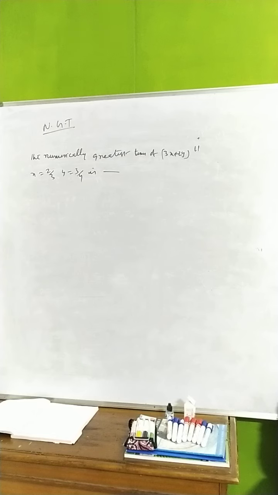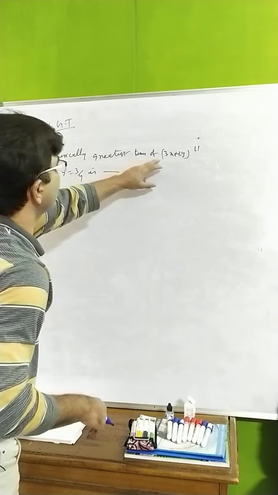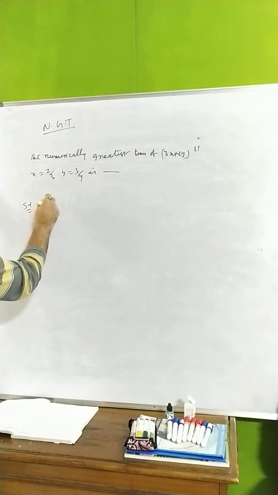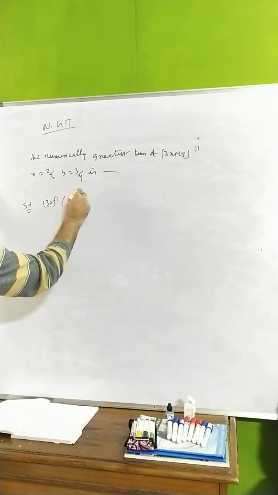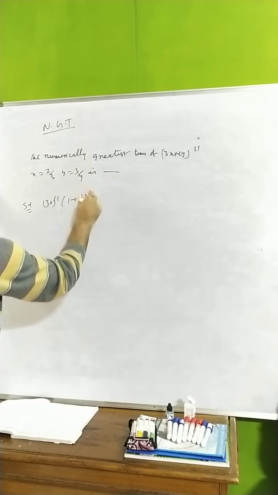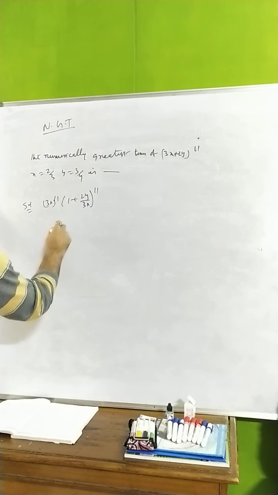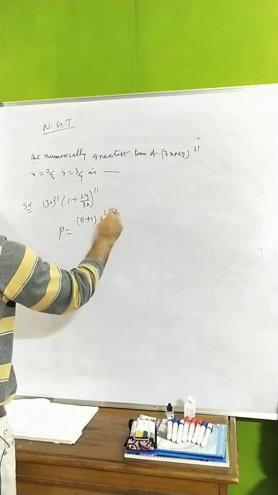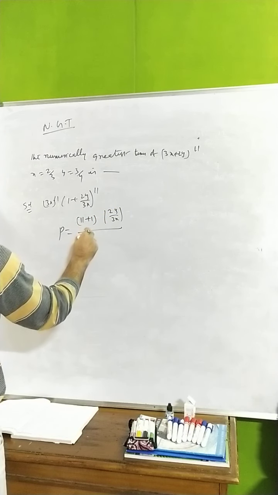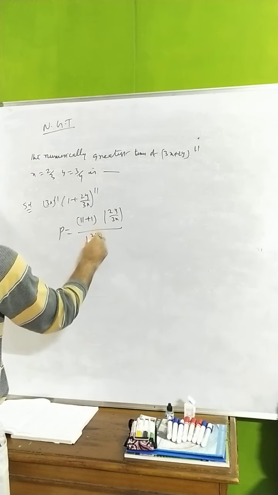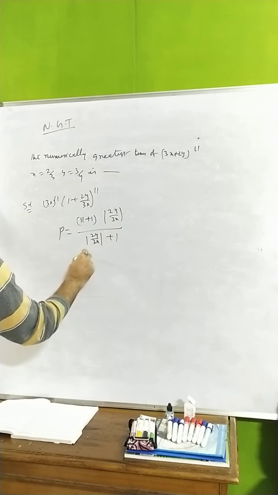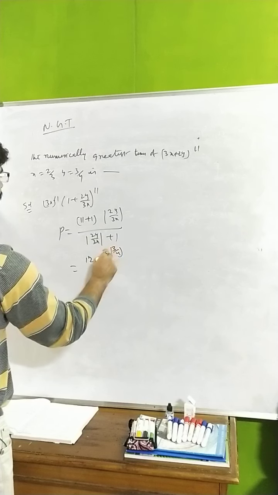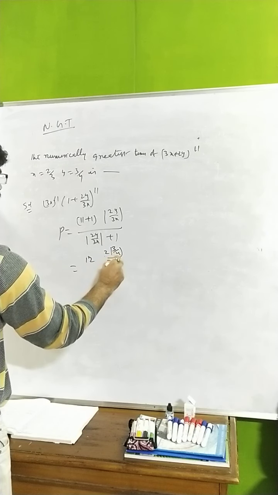See, I would like to take one more example here. The numerically greatest term of this one, he said. So what I told you is that the first thing is, take 3x to the power of 11 common, and write it in the form of 1 plus 2y by 3x, the whole to the power of 11, you got it. Now here I am taking p, what is that? 11 plus 1 and mod 2y by 3x. No need to write, yes, write one step. Nothing will happen here, and you substitute now: 12 here, 2 y is what? 3 by 4. And 3x is what? 2 by 3.